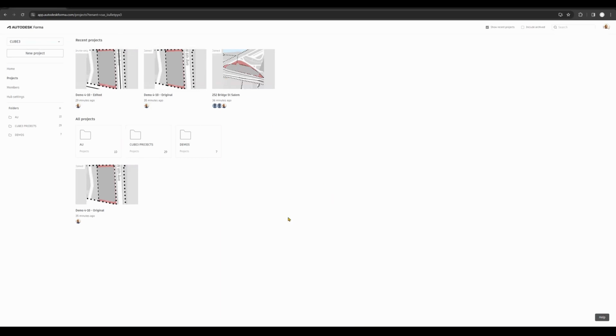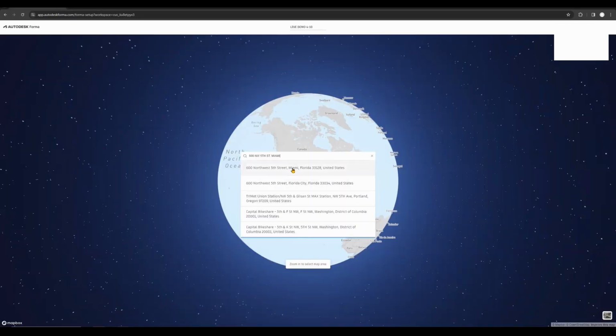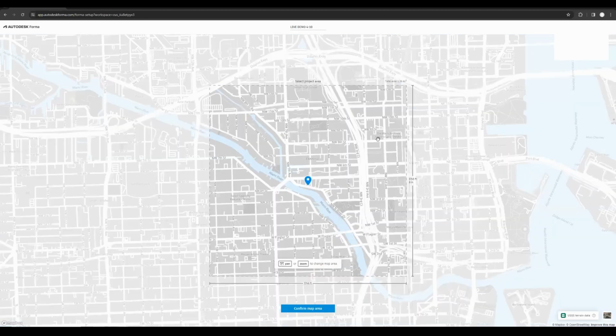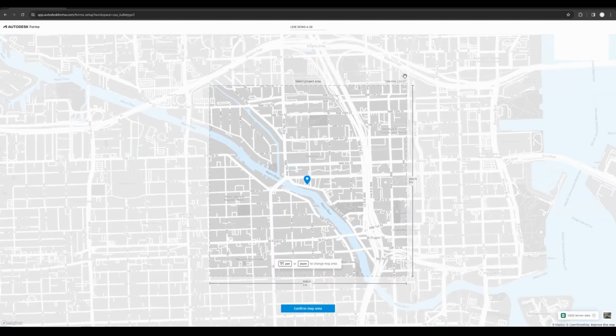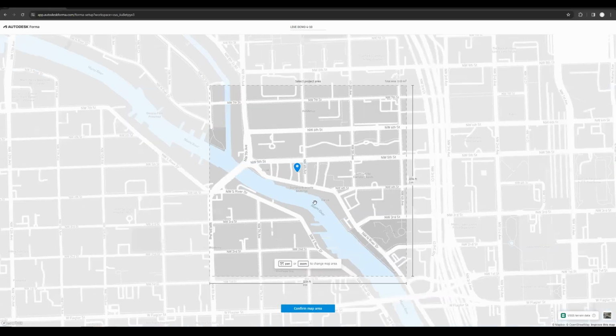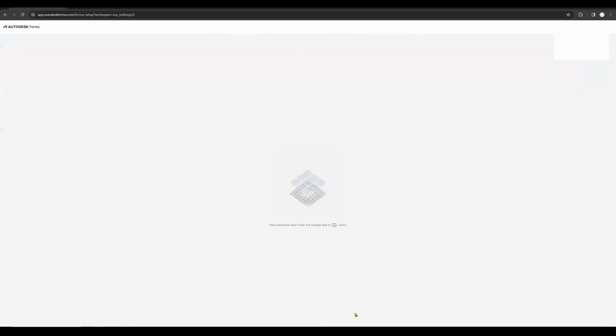This is the Forma interface, just as you log in, and you should be able to create a new project here. For the address here, 600 Northwest 5th Street in Miami, the area that we recommend exporting to Revit is about 0.2 square miles. If you go bigger than that, then it's a larger data set, and then you can just do confirm map